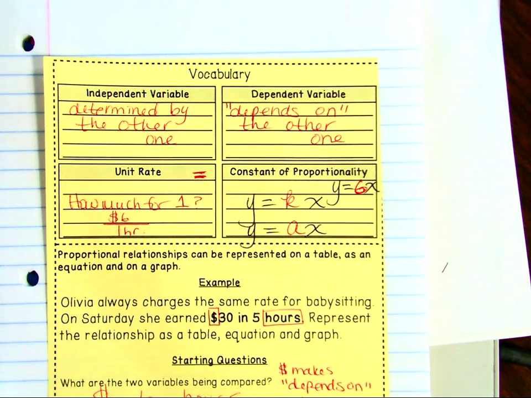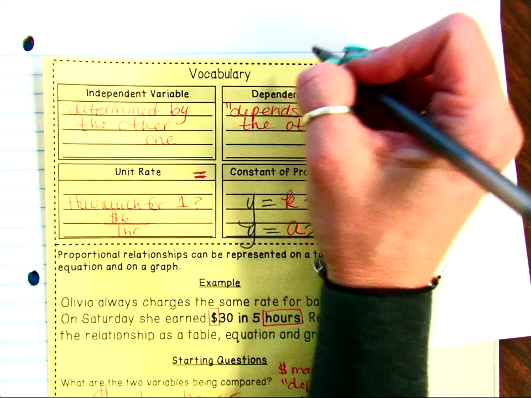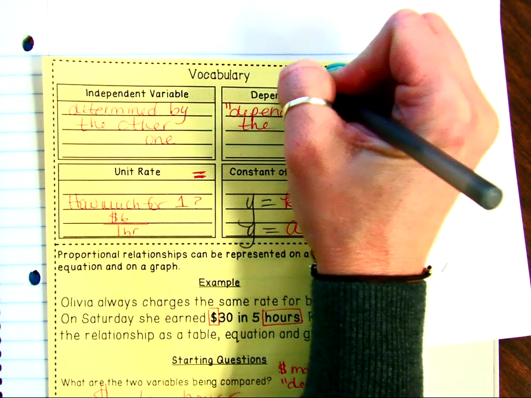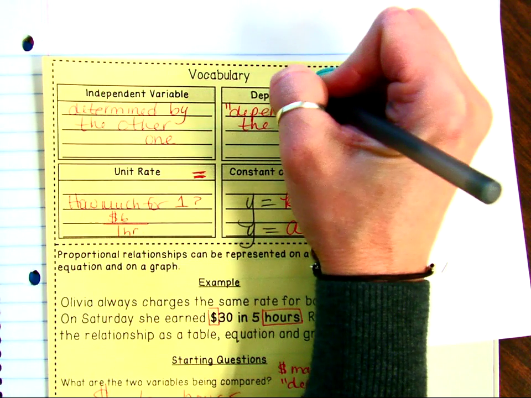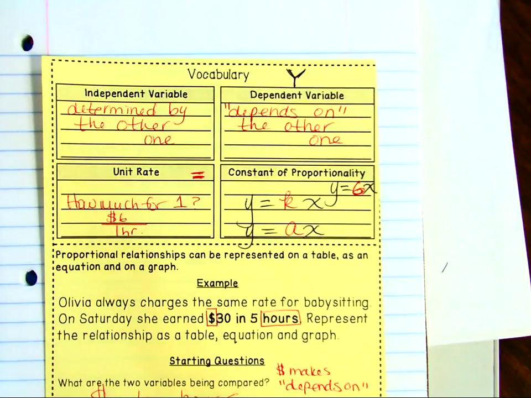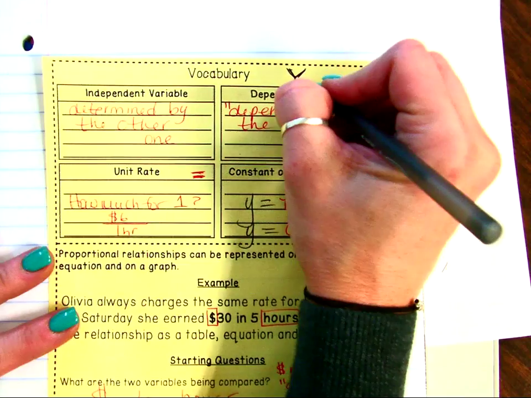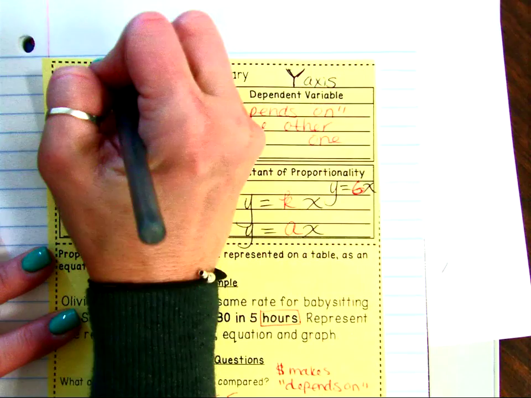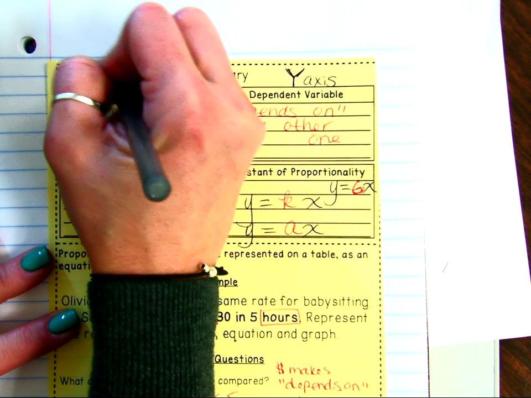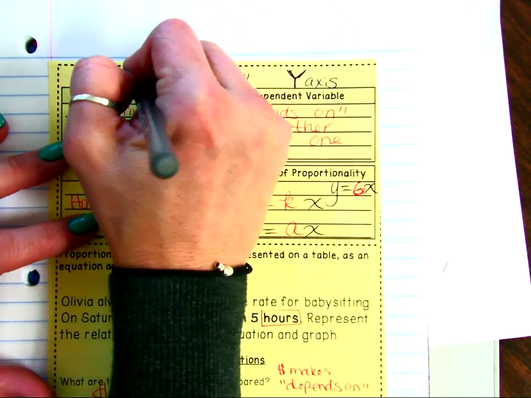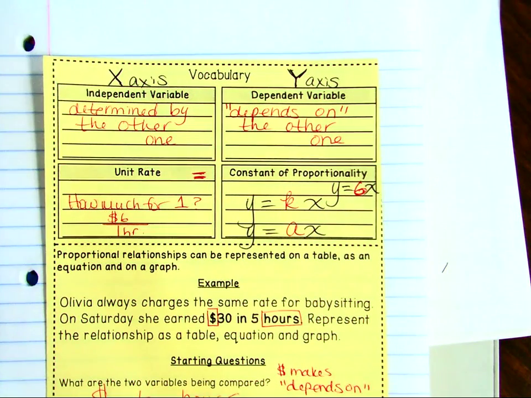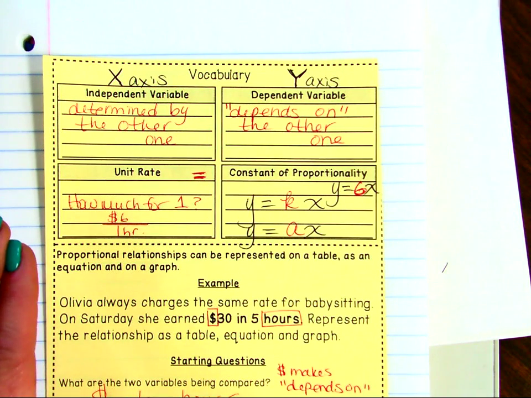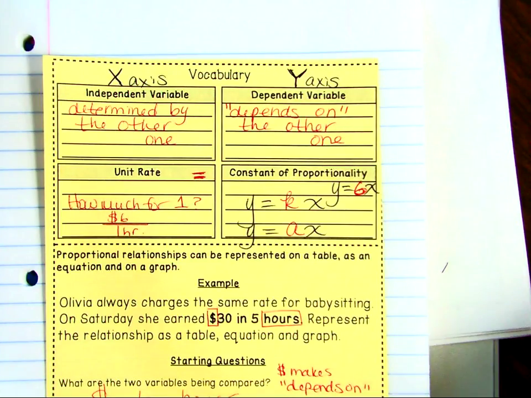So here's what I want you to write right now. The dependent variable, and this might be the most important thing I say to you today, is always going to be your y axis, meaning your independent variable, whichever one is not the dependent one, will go on your x-axis. So let's use that information to fill out your green sheet right now. So the independent goes on the x, the dependent goes on the y.